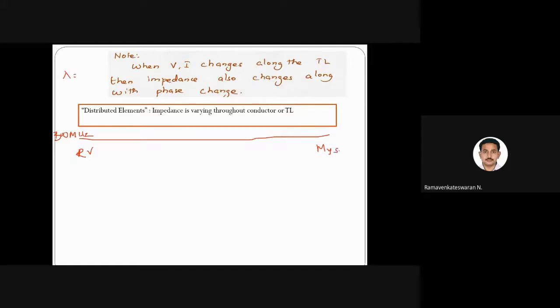So what is the wavelength? Lambda is C by F. So let us take 3 into 10 to the power of 8, and the frequency is 300 into 10 to the power of 6. When you solve this, what wavelength will you get? 3 into 10 to the power of 8 in the numerator and 3 into 10 to the power of 8 in the denominator, you will get typically 1 meter. Lambda is 1 meter. So I have laid a coaxial cable of 200 kilometers, and my operating wavelength is 1 meter. Probably I'll choose another color.